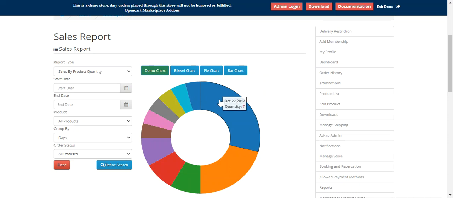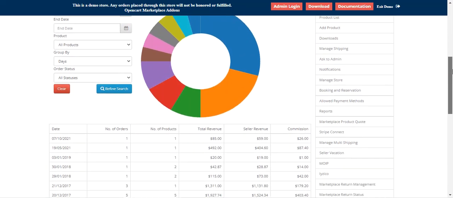So today in this particular video tutorial I'll be taking you through the workflow of this particular plugin, and I'll be showing you how the marketplace vendors would be able to see their sales report and how the marketplace admin would also be able to do the same, and how they can check the sales reports there under their own